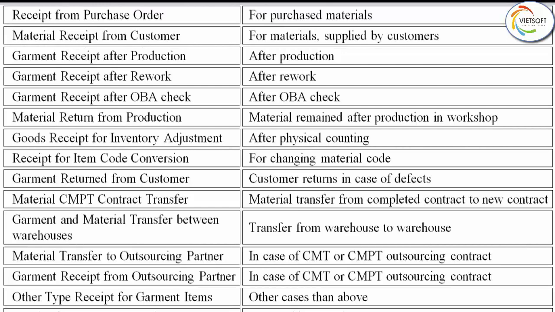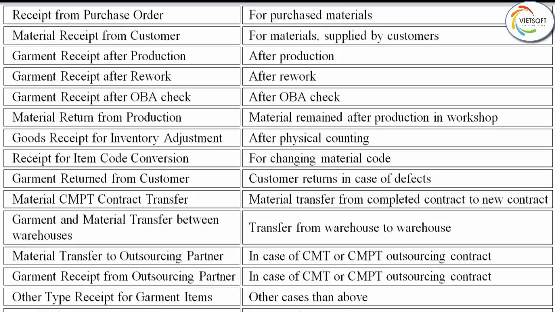They are: receipt from purchase order is used for purchased materials, material receipt from customer is used for materials supplied by customers, garment receipt after production is used to receive garment after production, garment receipt after rework is used to receive garment after rework, garment receipt after OBA check is used to receive garment after OBA check, material return from production is used to receive materials remaining in the workshop after production, goods receipt for inventory